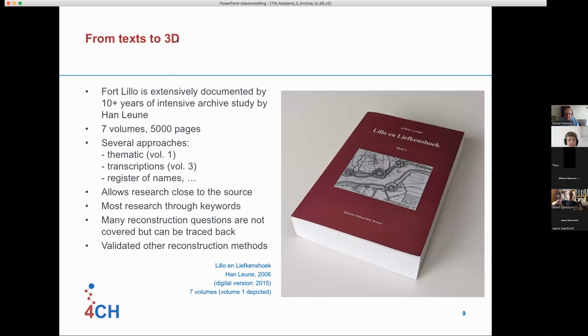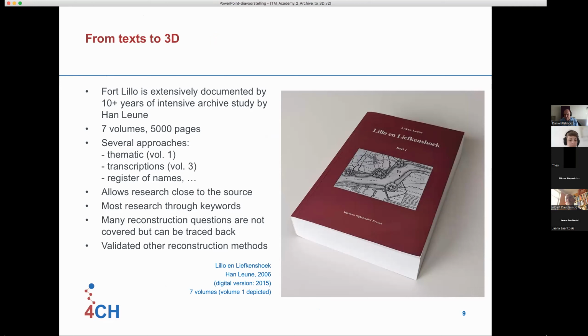Okay, so today we're talking about how do we get from archival data to virtual reconstructions. And archival data, most people think of iconography or plans, maps, whatever. Most of that is text. You would be surprised, and also in this project,